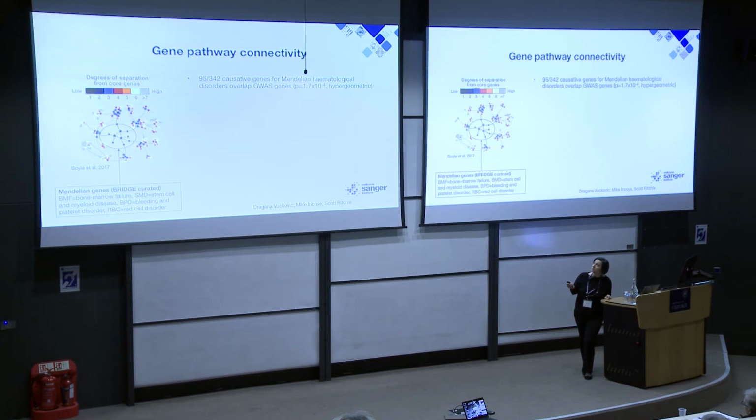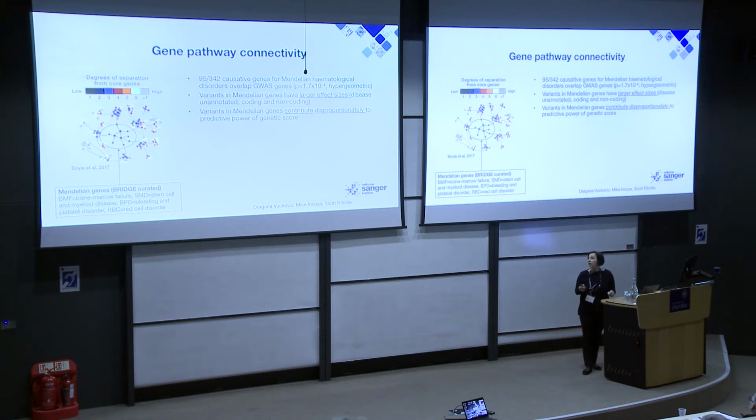What you see is, first of all, and this has already been shown many times, that GWAS variants are significantly enriched within Mendelian disorders. But what was quite surprising is that the genetic variants that are not reported disease alleles, but are within these genes, tend to have much greater effect sizes and contribute disproportionately to the predictive power of the genetic score. And this is true not only for missense variants, but also for regulatory variants. So there is a possibility that these genes might harbor